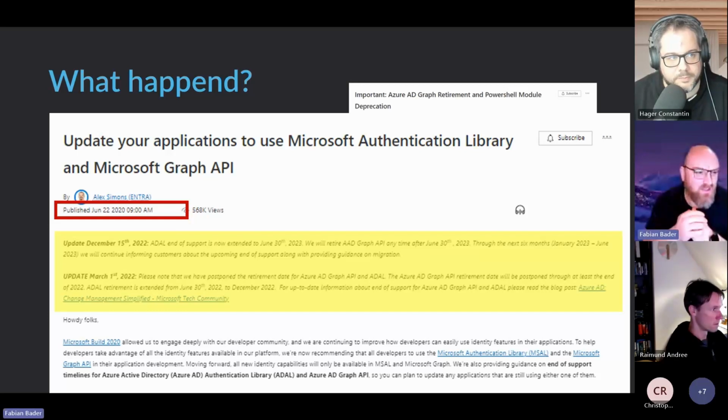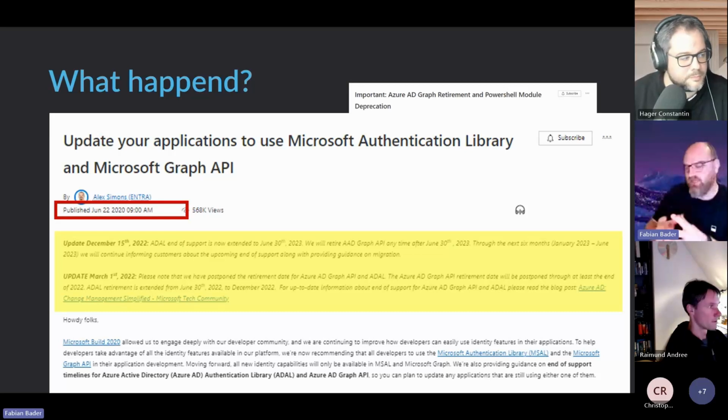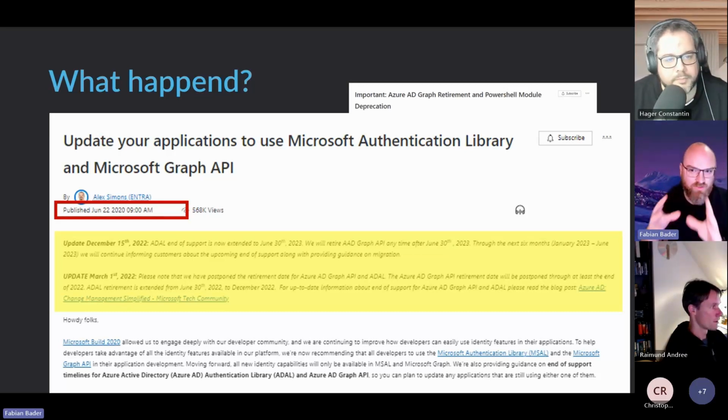they extended the whole ADAL end of support to last year in June. So starting June 30th, ADAL was retired, and also the Azure AD Graph API was retired at that time. This did not mean that the commandlets didn't work anymore, but it meant that now Microsoft has done their official announcement. They are going to retire it, and this has implications on support and how long they have to offer support for stuff like that. And with the official announcement of that,